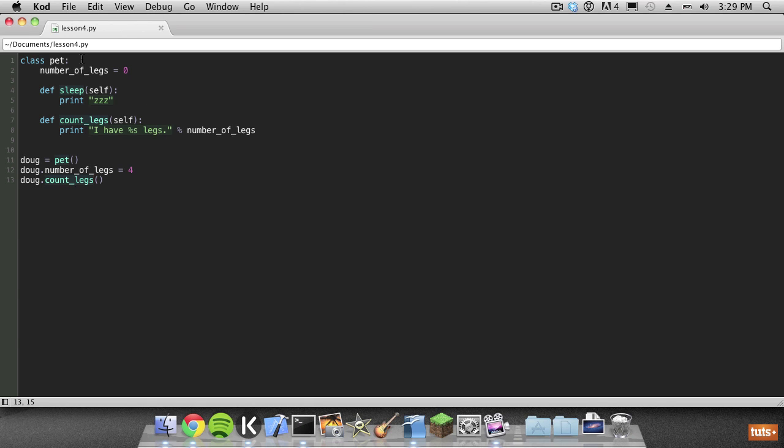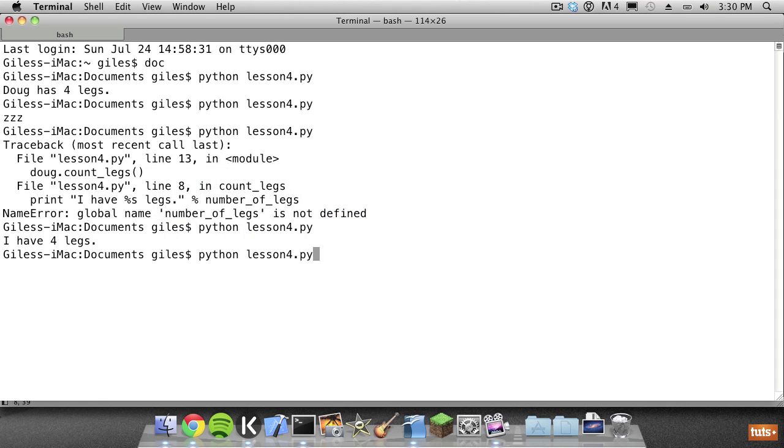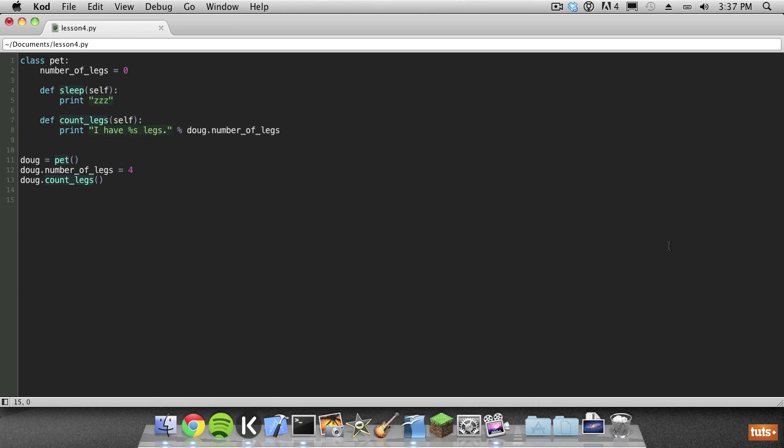But remember when we were accessing number of legs from outside the class and we had to use Doug.number of legs instead of just number of legs? The same principle applies. If we want to know what's contained within that variable, we have to reference it using Doug.number of legs. So let's edit our code and add our object in. Okay, and we will run that. Okay, so you can see that that worked, but there's now a very big flaw in this class, and I'll